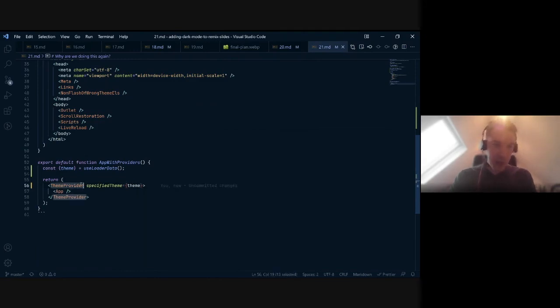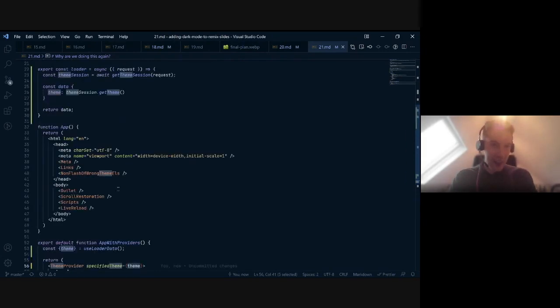And then inside the theme provider, we can use this theme to set the initial value. And so now we have our initial value in our theme. Everything will just work nicely. The question then becomes, do we still need the script tag? And the answer is yes, if a user is coming to our page that doesn't have a saved preference,